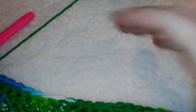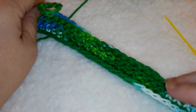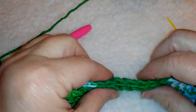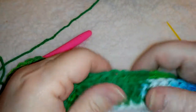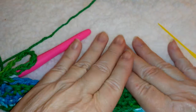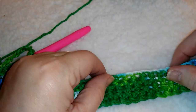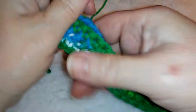And of course you're not finished. It's up to you how many rounds you want to do to get to where you want it to be. This is the thickness. It is very thirsty and cushy thick, perfect for putting a hot pan on because it is cotton. It will not melt like acrylic. But this is